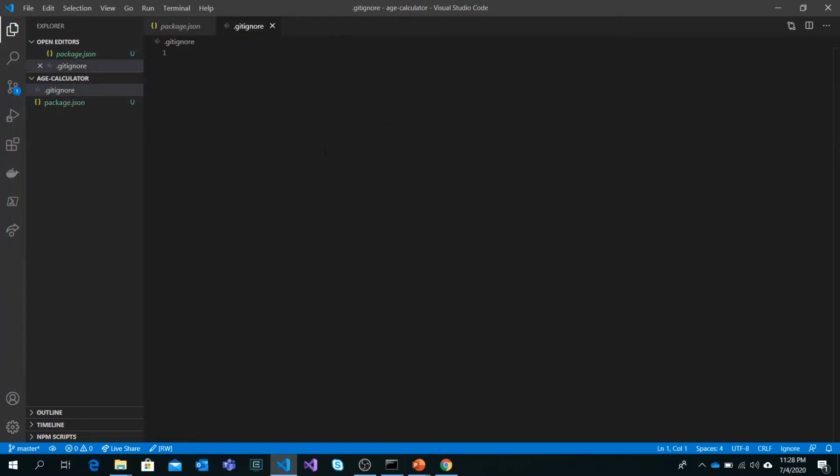So I can simply mention the files or directories in the git ignore file, so it should not bother me while committing or adding the files. This can be directories or files like node modules, some build artifacts, some log files, some configuration files that I don't want to add in my project.